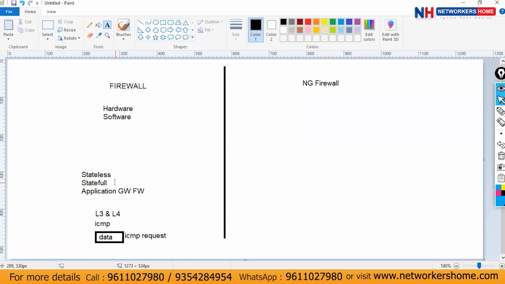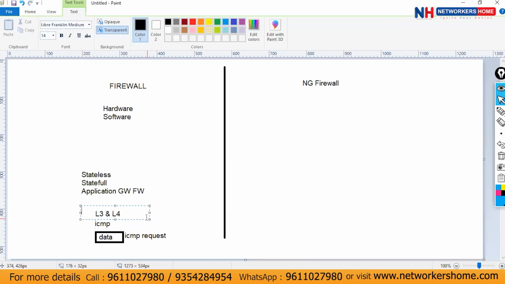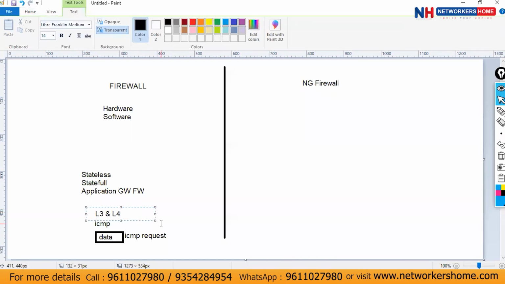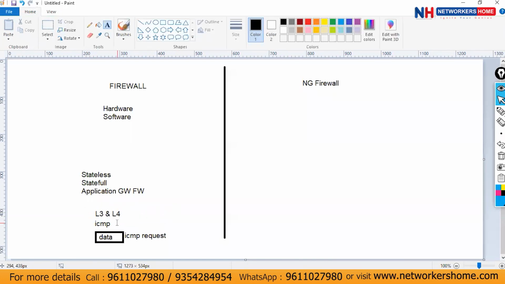So basically, whenever you talk about the stateless device, your stateless device can do filtering based on these layers only. It will do filtering based on layer 3, layer 4 information. Okay, if your data is unencrypted,